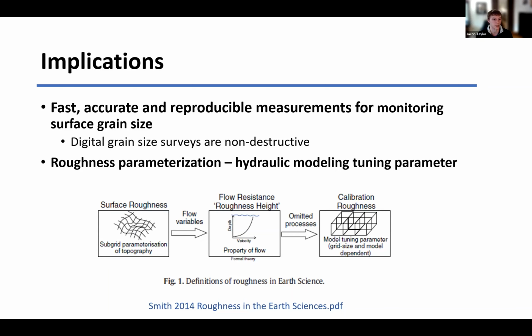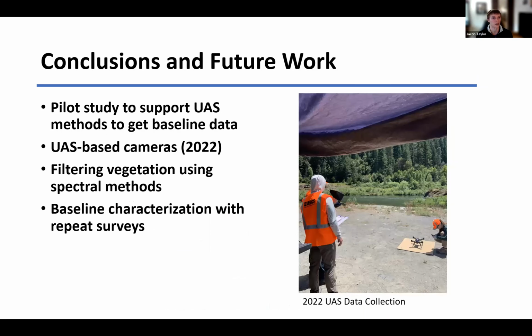Further than just characterization on the Klamath River, it could be used as a hydraulic modeling tuning parameter. Continuous data could provide extremely precise hydraulic modeling through rivers, which I find very exciting and interesting as an environmental engineer. So for future work, we're planning on moving to